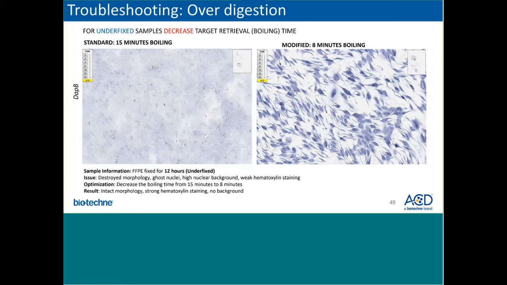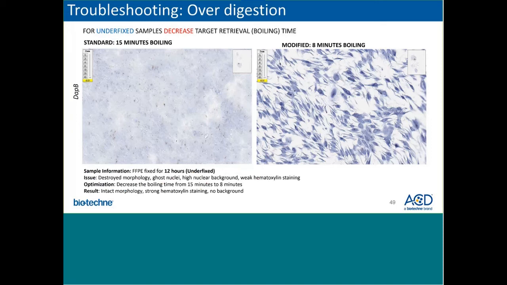Similarly, for underfixed samples, to help remedy over-digestion, you would then try and decrease your target retrieval time. Particularly on the left side, we're looking at samples that are FFPE fixed for 12 hours, so underfixed as compared to our 16 to 32-hour suggestion. Here at the standard 15-minute boil,